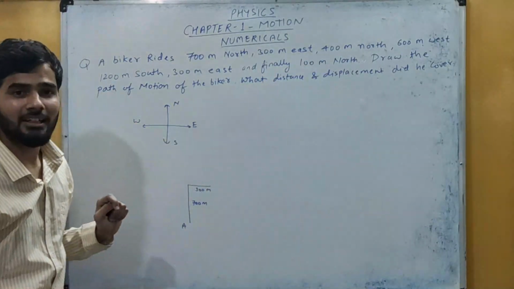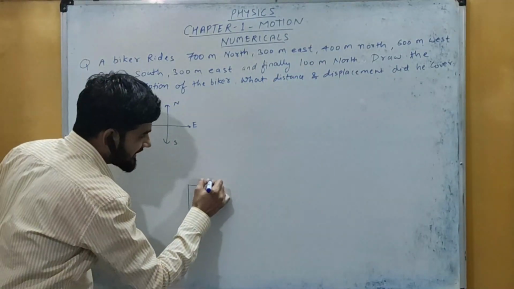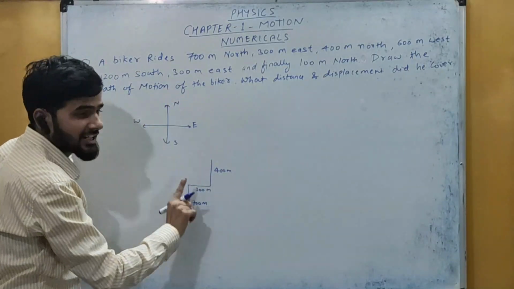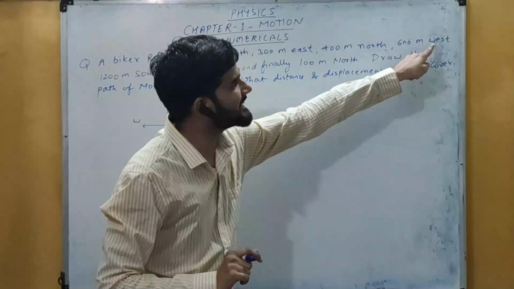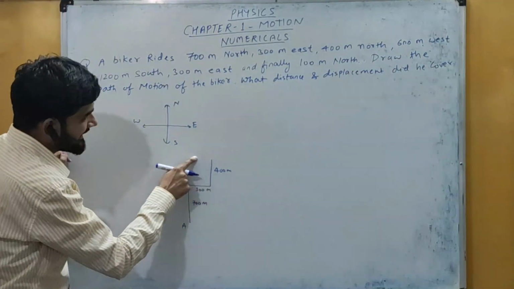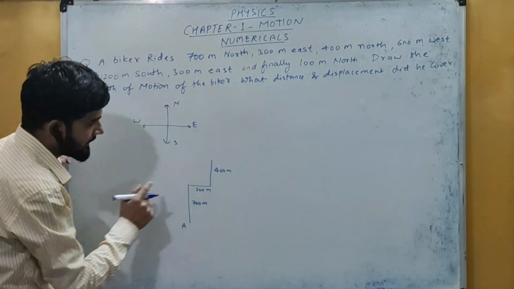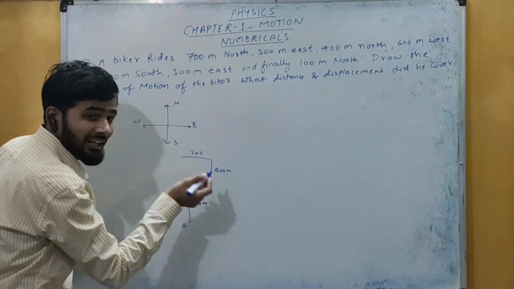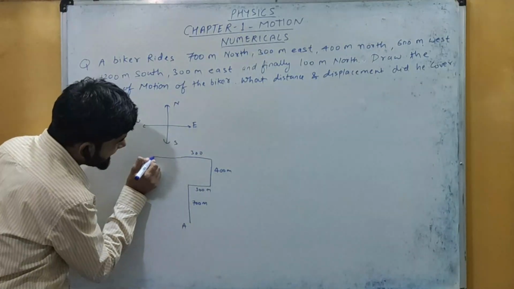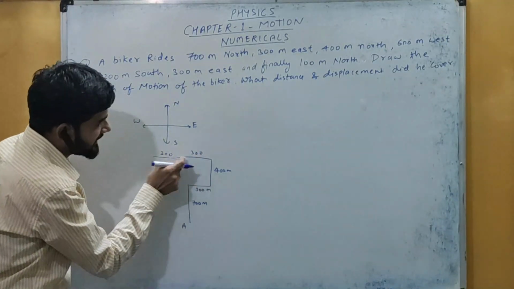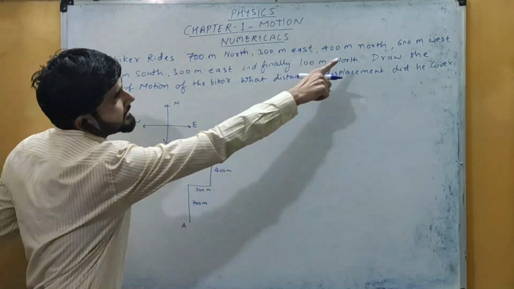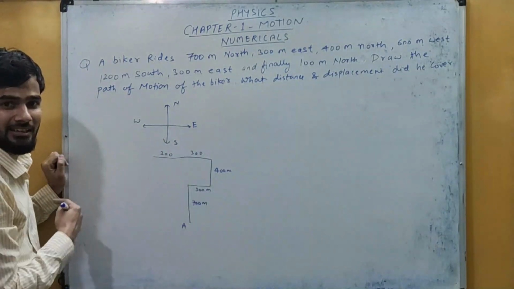Then 400 meters north. So here in the opposite direction, it is 400 meters north. You can see this direction here, north. And then 600 meters west. मतलब यहाँ से 600 मीटर कहाँ पर? वेस्ट में. अब यहाँ से यहाँ तक 300 तो ये हो गया, और 300 और चलना है, मतलब यहाँ तक कितना हो गया? 300. So 300 plus 300, that is 600. Okay, so here that was 600 meters west. West is in this direction.